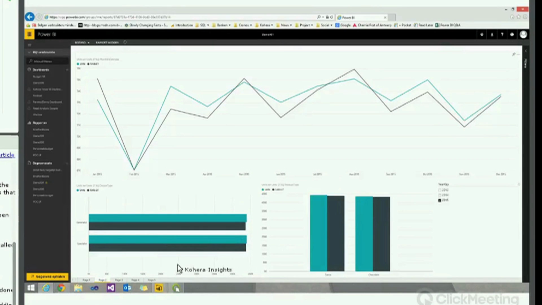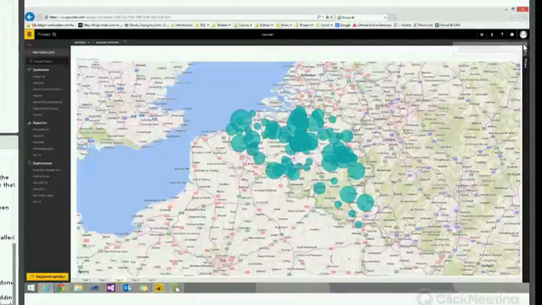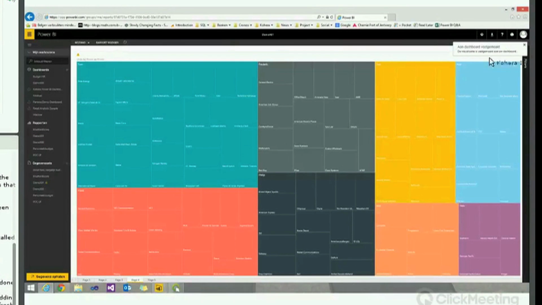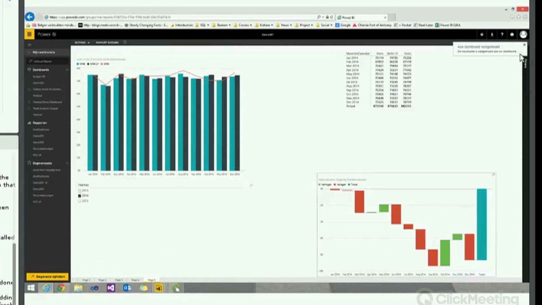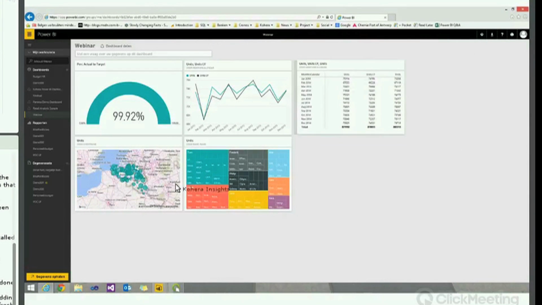So this one. Map also. Tree map. And I like the waterfall charts, one of my new favorites. And if we go to our webinar dashboard, we can see